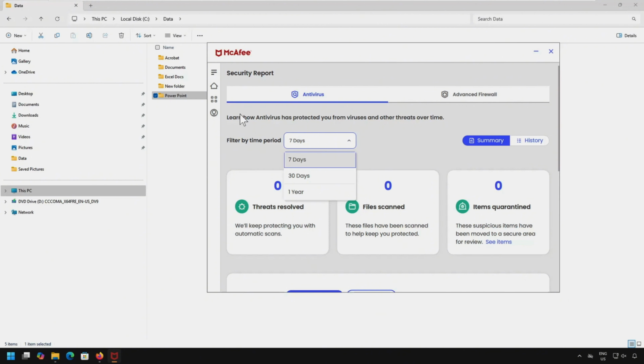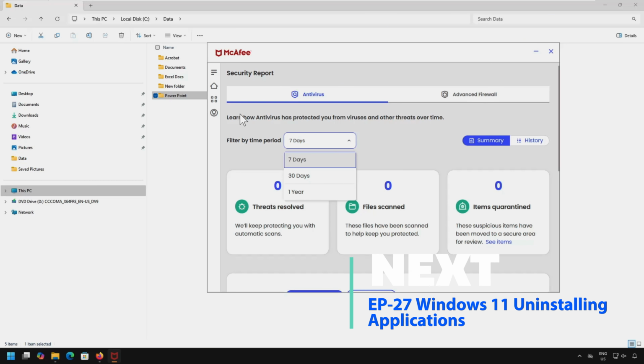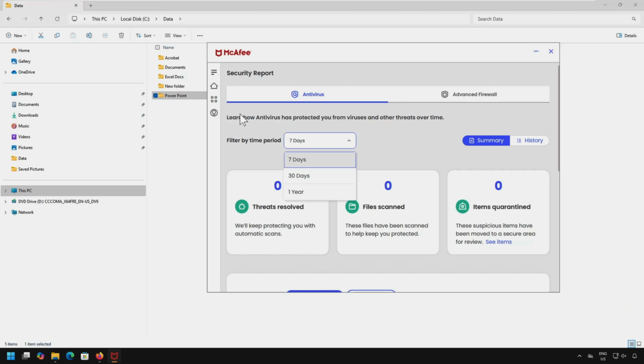It is always recommended to use third-party antivirus software for real-time scanning against any vulnerabilities, threats, or any malware or ransomware. It is always better to have third-party antivirus software